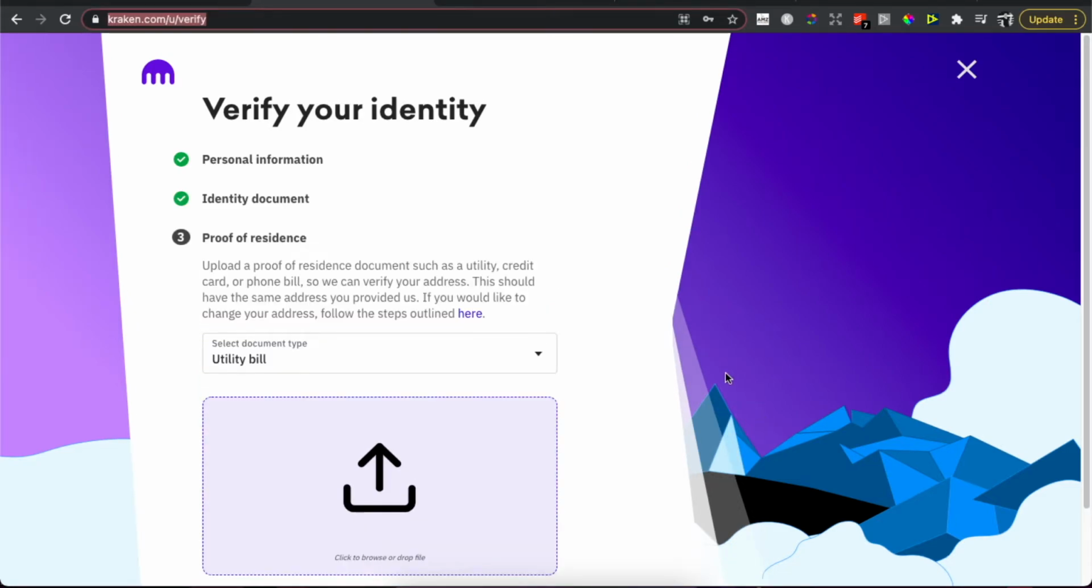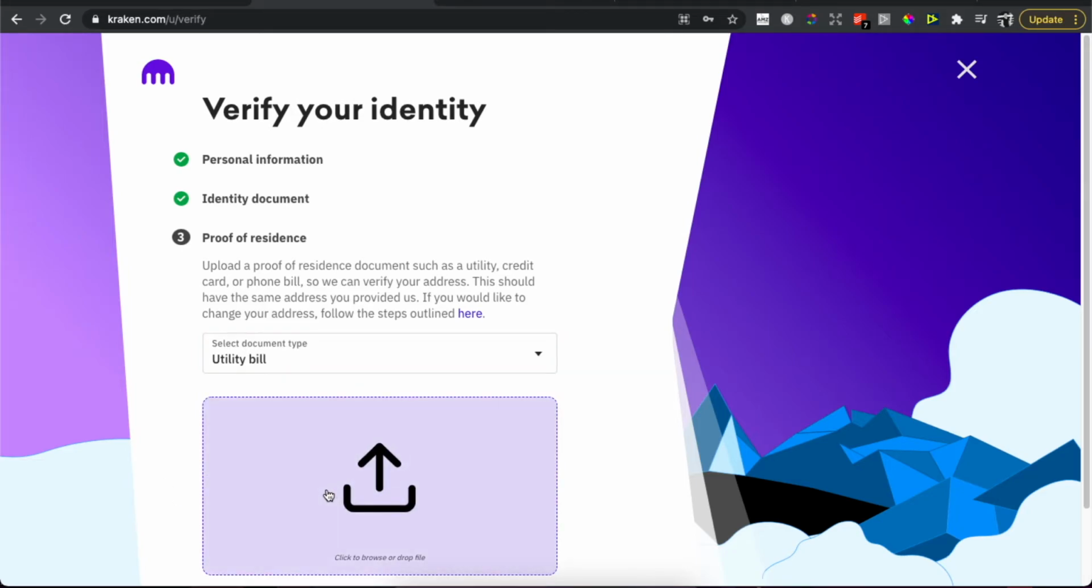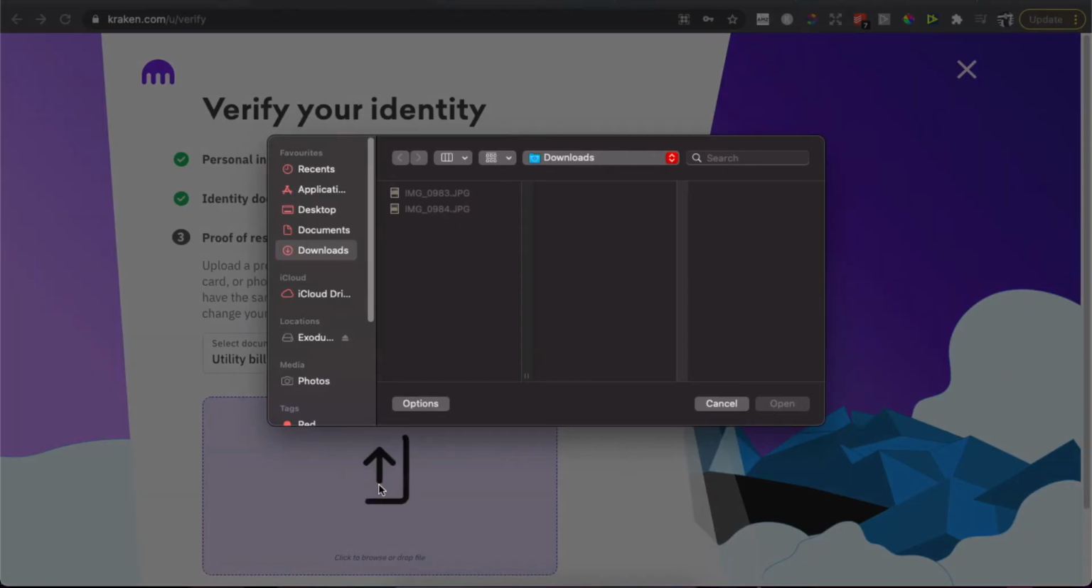The last step is to upload a proof of residence document, such as a utility, credit card, or bill, so we can verify your address, and you select the document type. So utility bill, bank statement, credit card statement, resident certificate. Select what you want. So utility bill, for example,